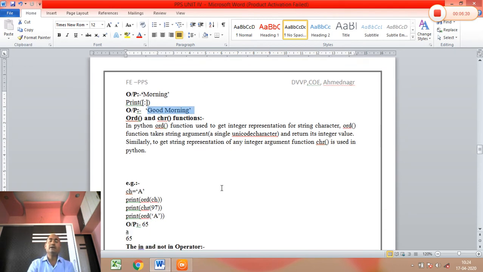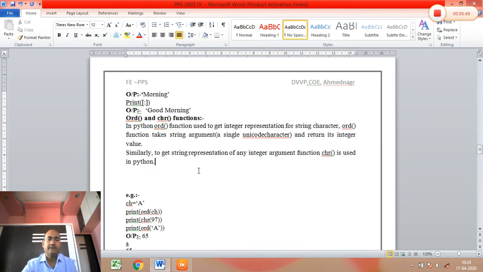So in this way, this type of slice operation is used to access a particular part of a string. Now another pair of functions is ord and chr. In Python, the ord function is used to get the integer representation of a string character. The ord function takes a string argument and returns its integer value.